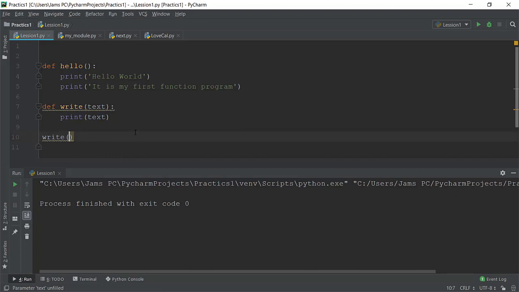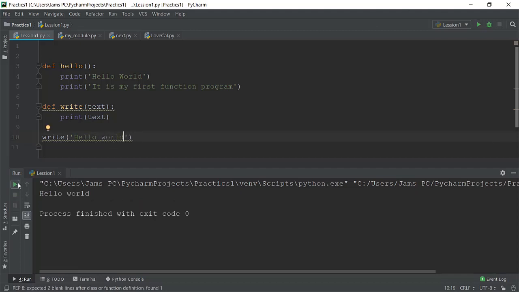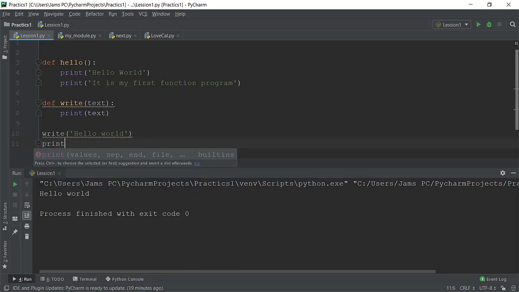Okay. Now what should I write? For example, I will write hello, okay, hello world. Now when I print, then you will get hello world. Now again, if you write print and you say hello world, it is print function,